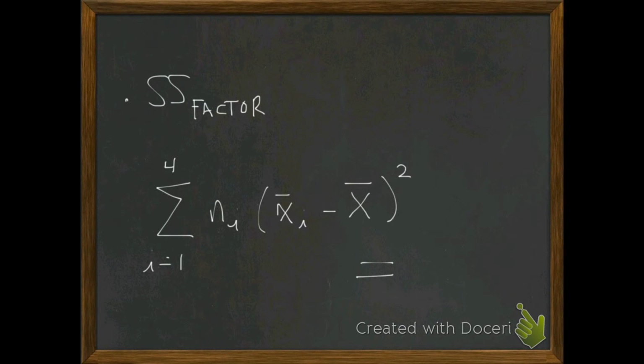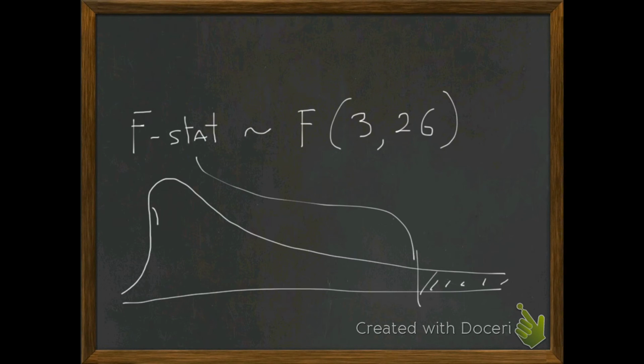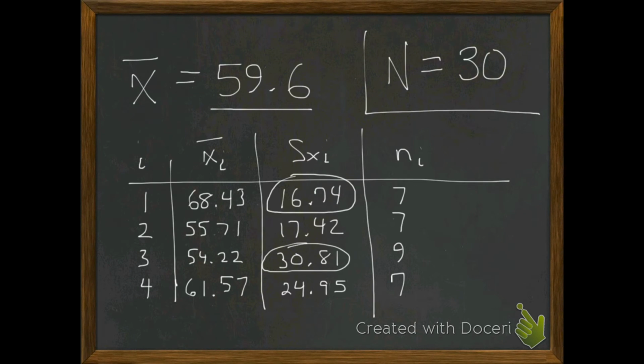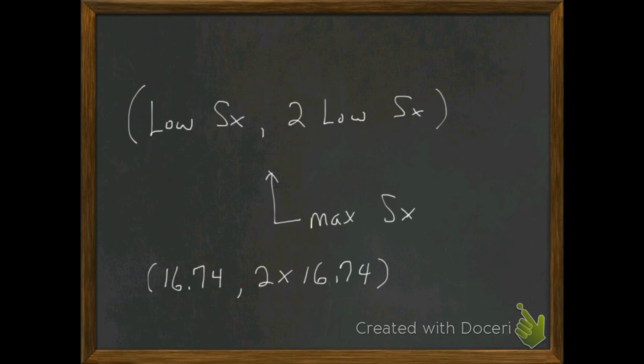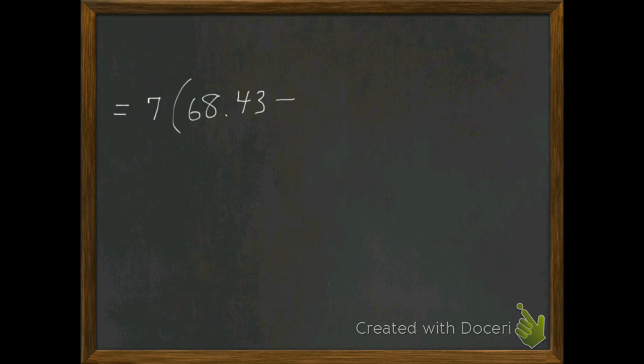Okay, so we're trying to come up with this sum of squares for the factor, and it's going to be calculated as the sample size times the sample mean minus the grand mean, which, daggone it, I forgot. Shoot. 59.6. All right, let me write that down because I'll guarantee you I'll forget it. All right, 59.6 quantity squared